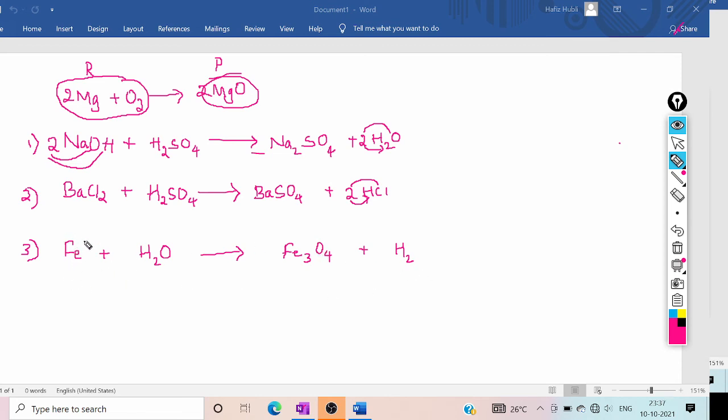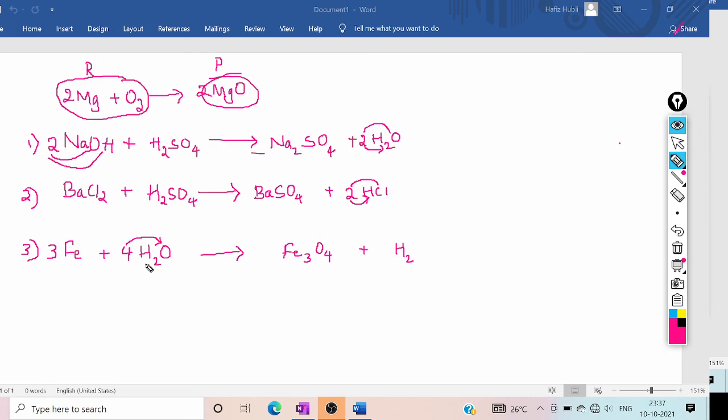Here reactant side, you can see this is the reactant side. It has only one iron atom. On the product there are 3 atoms of iron, so directly 3 can be used as a coefficient here, so it gets balanced here. Now moving on to the hydrogen, 2 hydrogen here, 2 here, all got balanced already. Now we'll see the oxygen on both the sides. 1 oxygen atom in the reactant, but product has 4 atoms, so 4 can be used as a coefficient here, so that oxygen gets balanced.